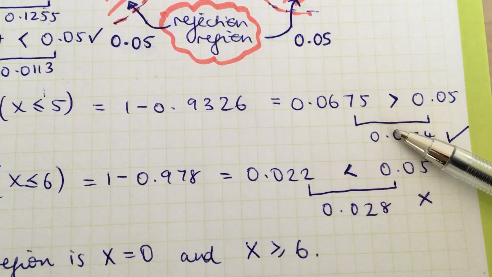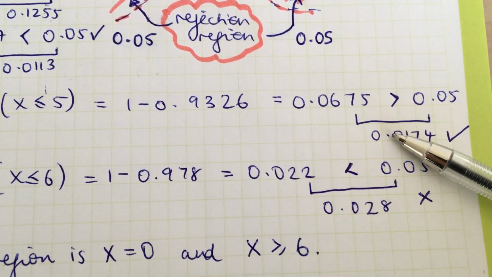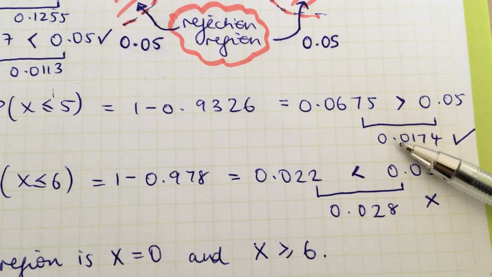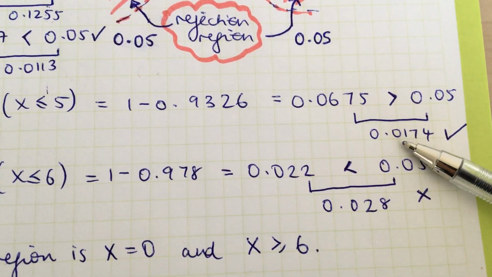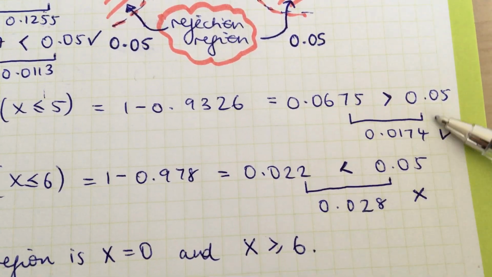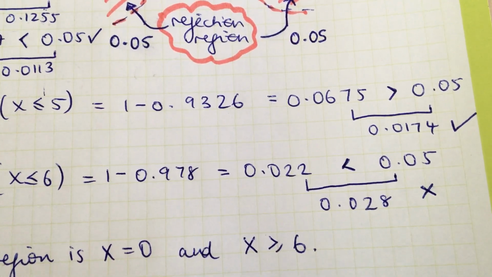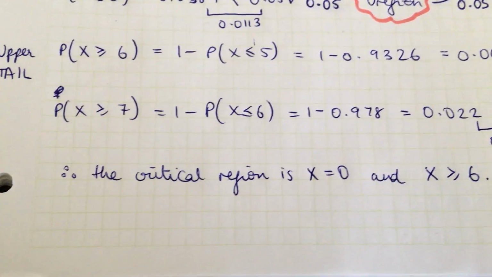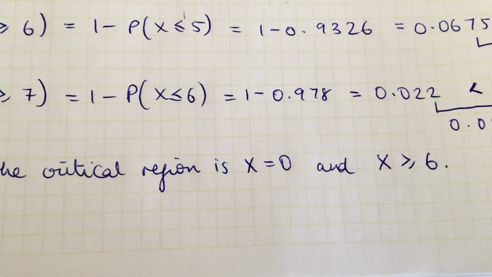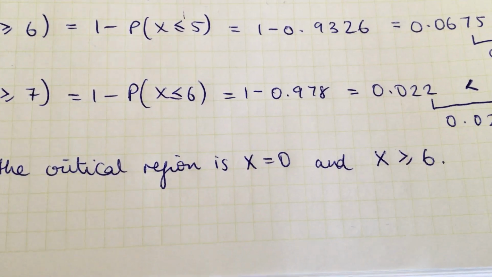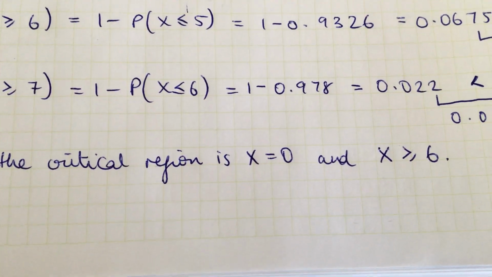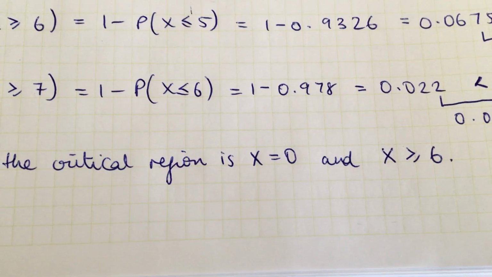So again, you look at the distances only in these questions where it asks you to. You look at the distance between the probability of the outcome to 0.05, and you pick the one that's got the least distance between them, which means closest to that probability. So in this case, we pick this value here, which is probability of x is greater than or equal to 6. And then finally, the critical region is that x is 0 and x is greater than or equal to 6. Putting this in perspective, it means 0 trees out of 20 would have had to have the disease